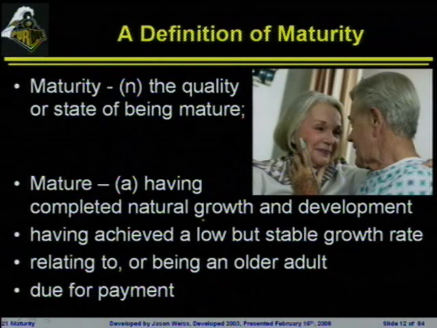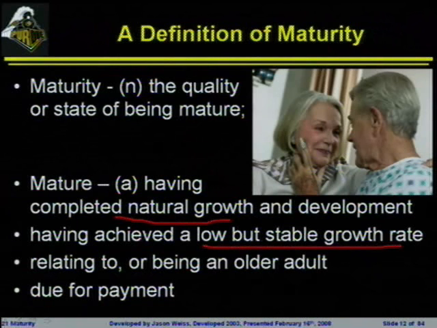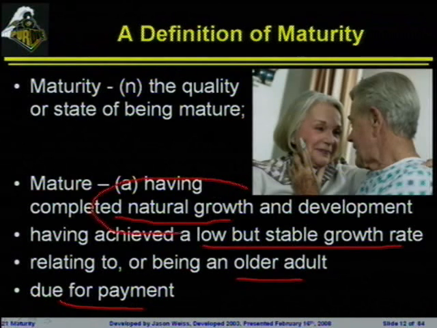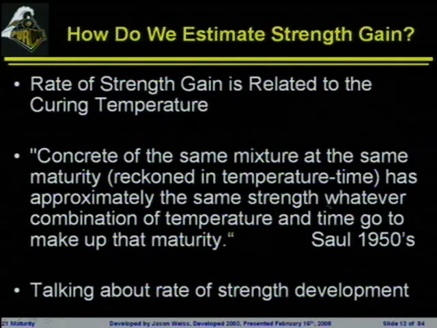So maturity is defined in the dictionary as the quality or state of being mature, which was actually quite eye-opening to me. All right, completed some sense of natural growth or development, low but stable growth rate, an older adult, or due for payment. What we're really talking about here is this idea of some sort of natural growth and stable growth rates. So what we're basically going to look at here is the fact that the growth rate can be related back to the temperature. So the rate of strength gain, or the rate of reaction that's taking place, is related back to the temperature